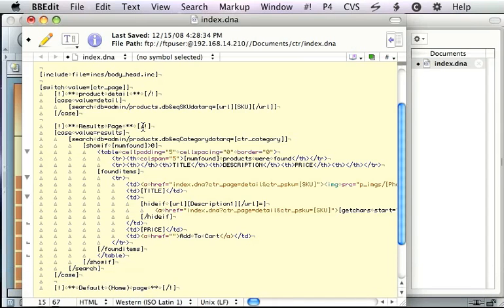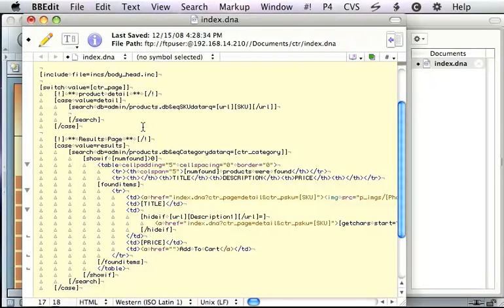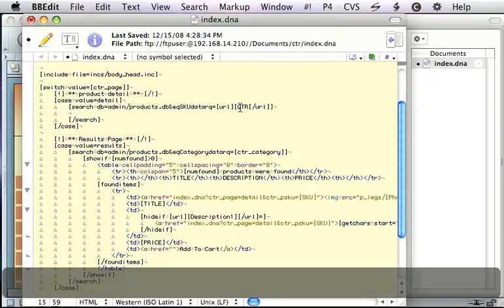Grab the SKU. I believe you have to use that CTR underscore PSKU variable name. I would have never caught that. You would